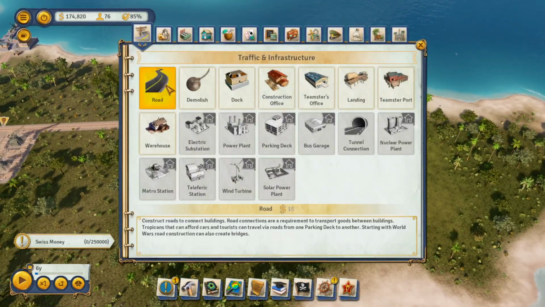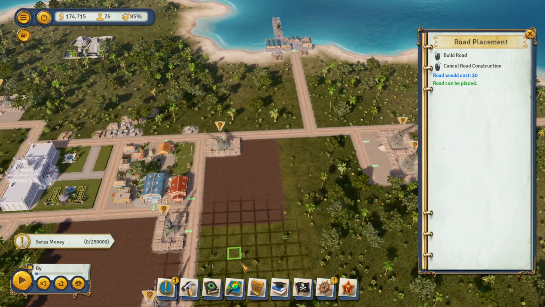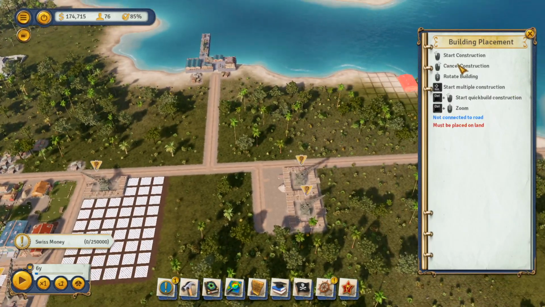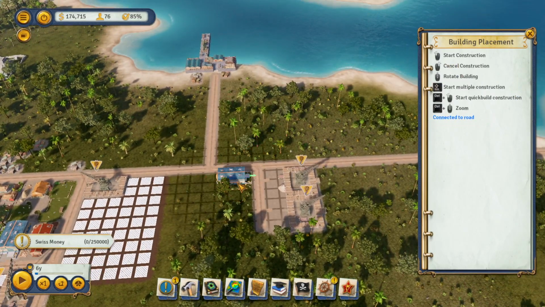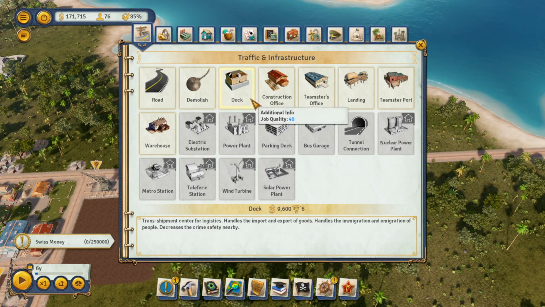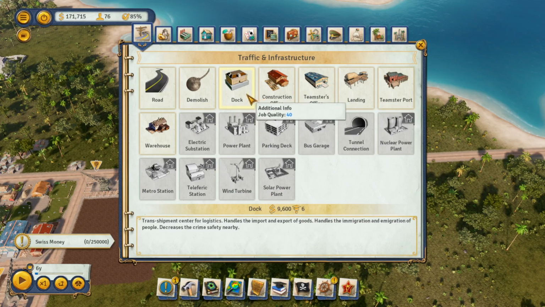Then let's go ahead and get that taken care of, so it's all connected together. I think we're in another Teamsters here. So let's just get that built. And